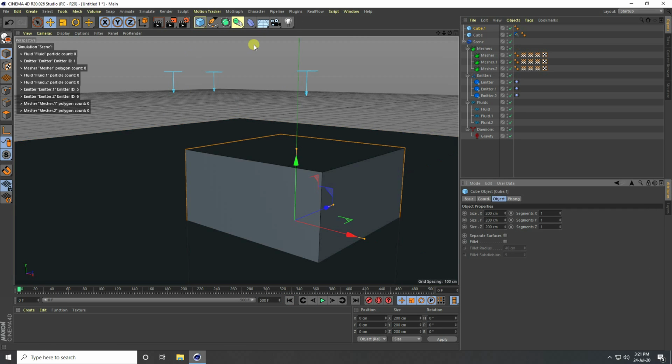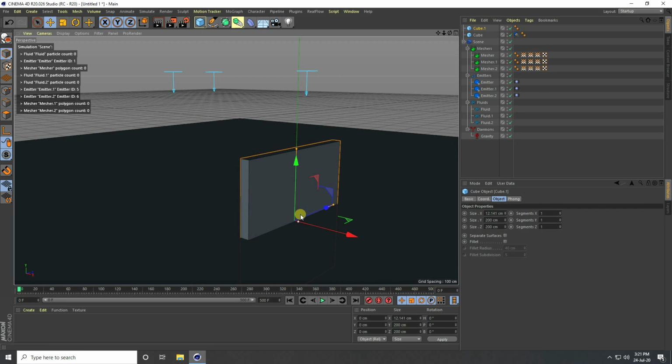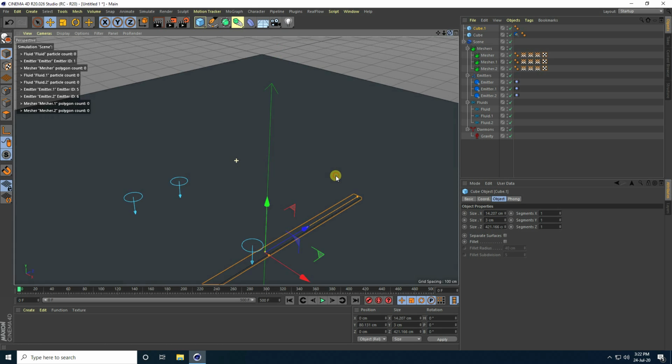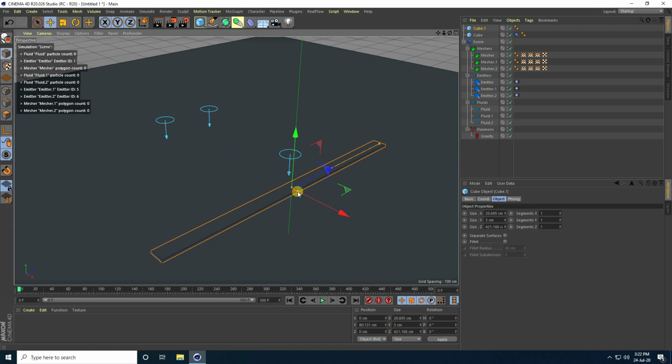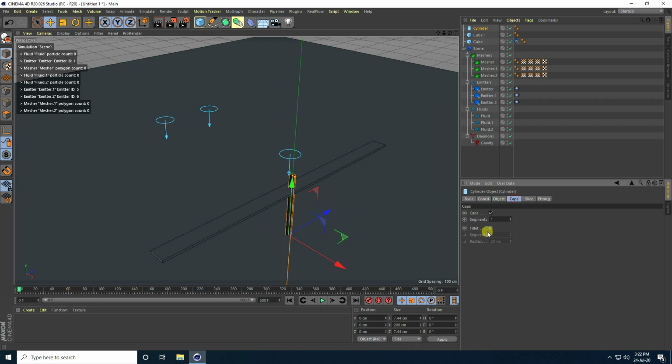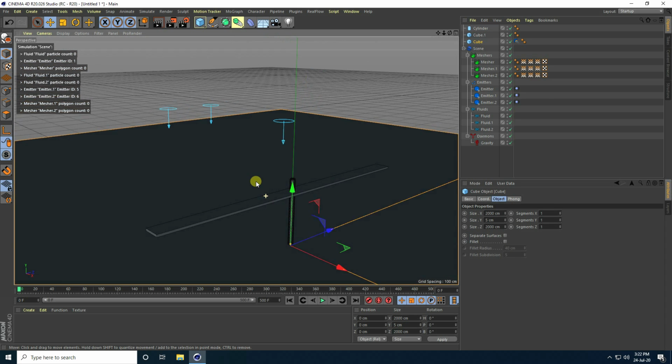Guys, I take cube and change the cube size, simple, like 3. Yeah, and X size increase, Y size increase. Yeah, right? Okay, so guys, for the second shape I take a cylinder and make it smaller. Yes, and cap and radius decrease like 2. Yeah, see guys, that's my rotation part.